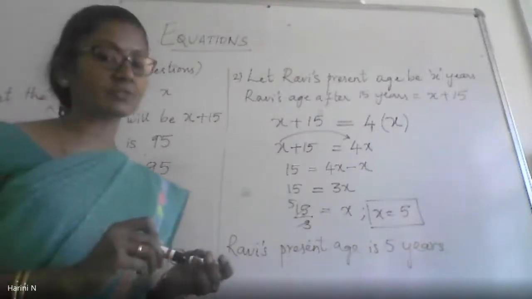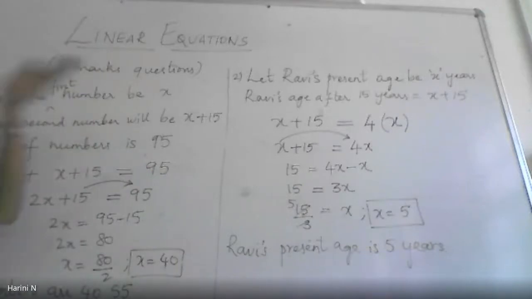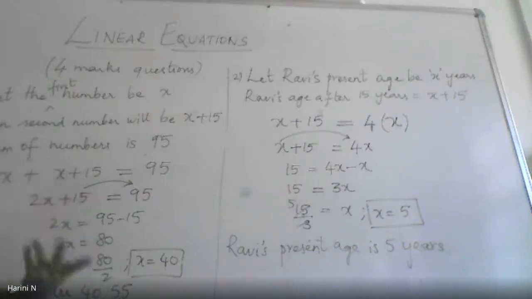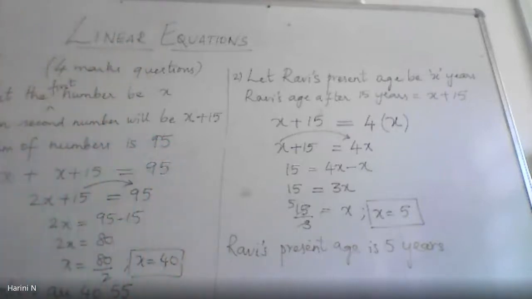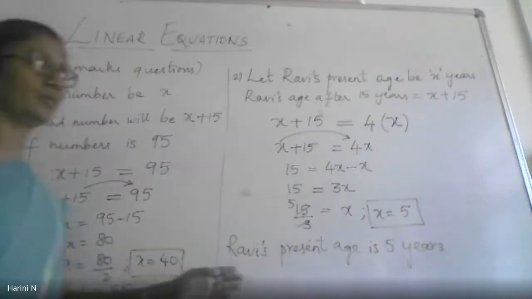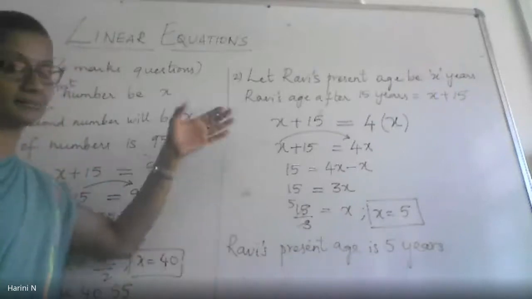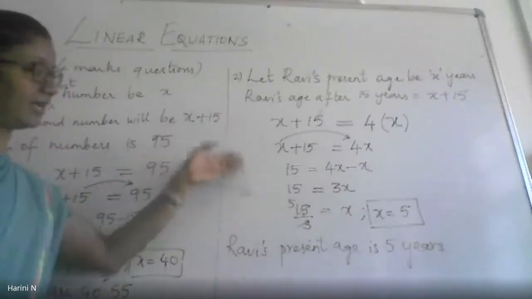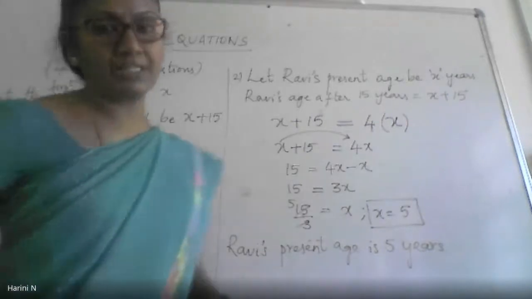Any doubt? These kinds of age problems are very popular in the board exam. So this is what you are doing for a linear equation in one variable. As you move on to your 9th and 10th, we will have 2 variables coming on. Now somebody is joining. How late? Okay. So this is how you will solve problems based on situations, which you will convert into an equation and solve the equation to get the value of the variable. So I hope with this you will be able to prepare on linear equations.